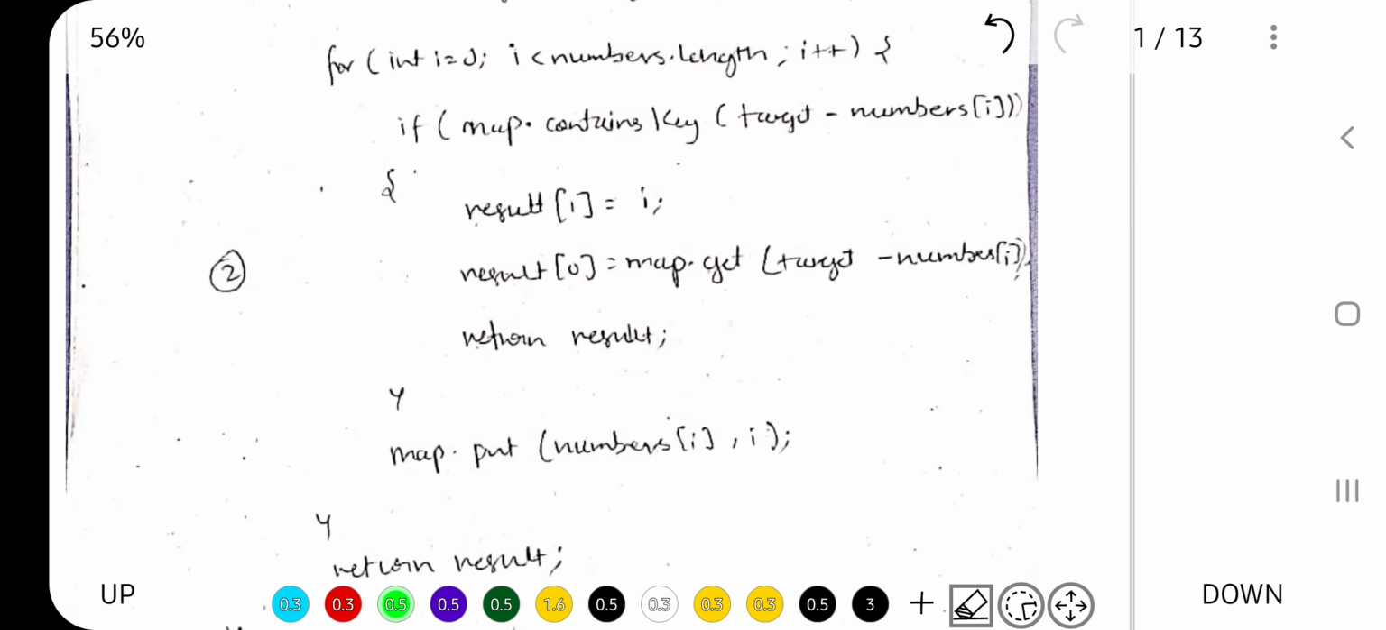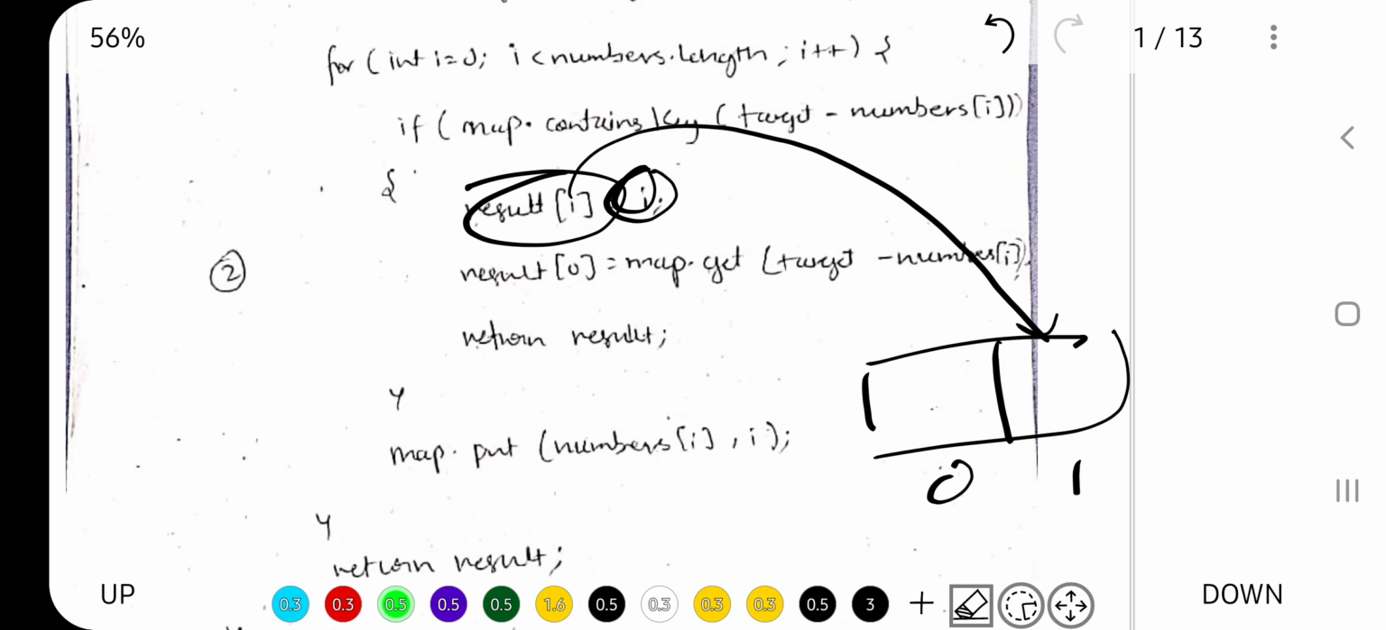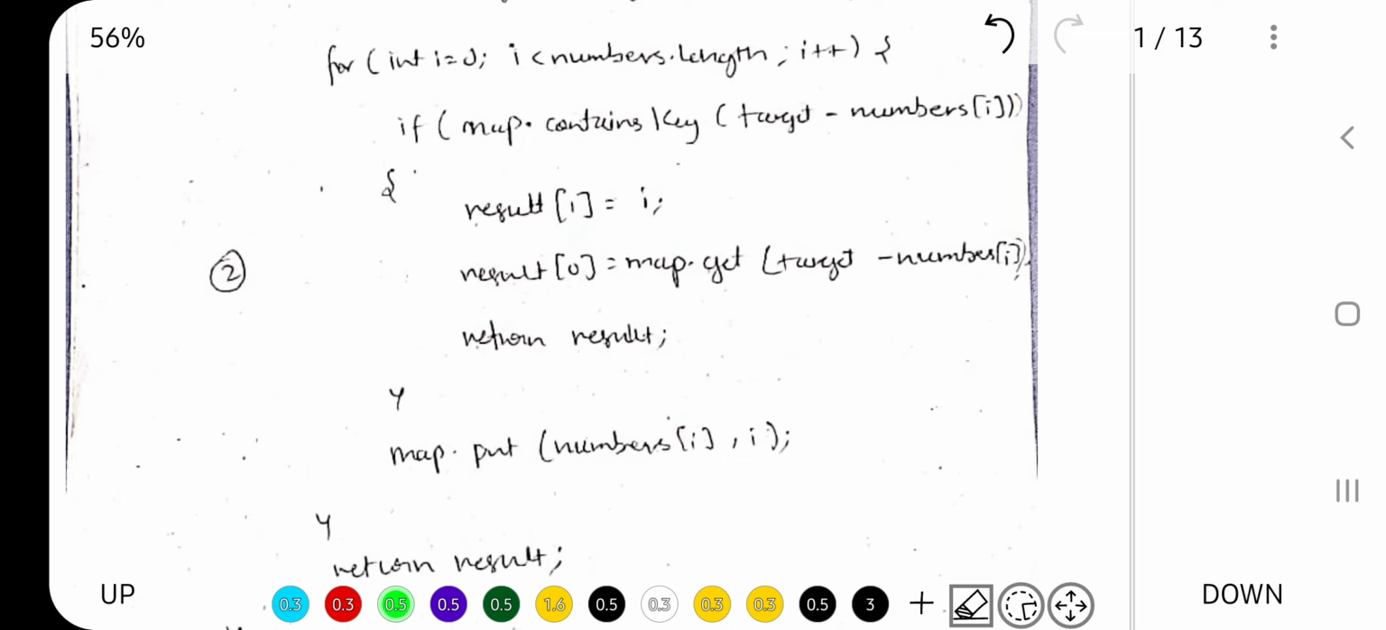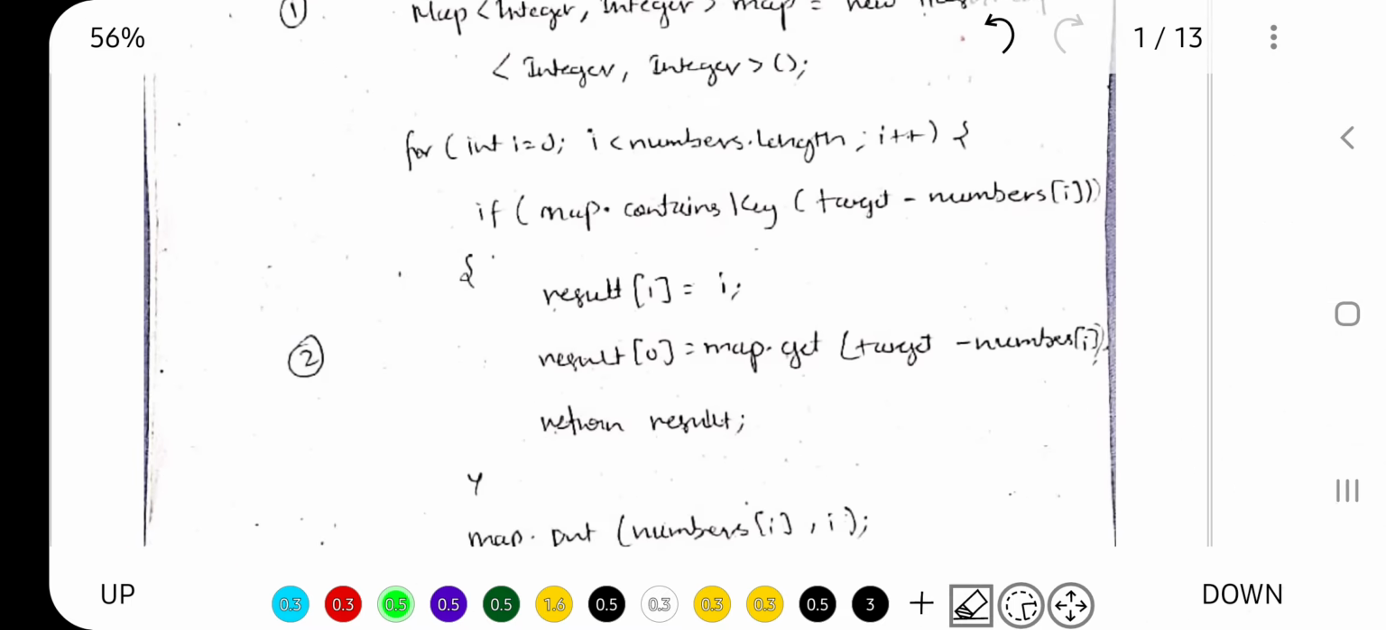In this part of the code, we are initializing result of 1 as i. So what is result? Result is an array which has 2 integers, I mean 2 spaces here. In the location with index 1, we are writing i. i is nothing but the index value at which I am currently present. Which index am I currently at? This one, right? So it is 3. So in the result array, I will be adding 3 here, and after that what I will be adding is